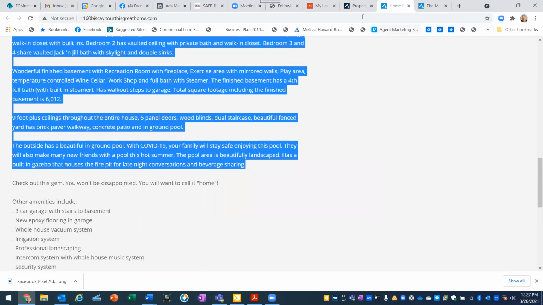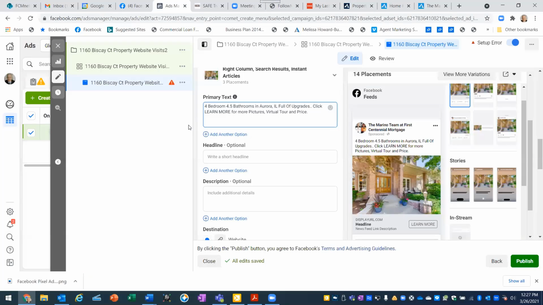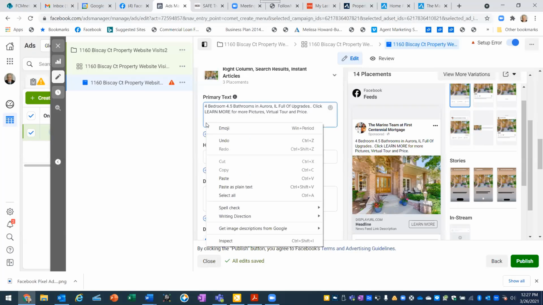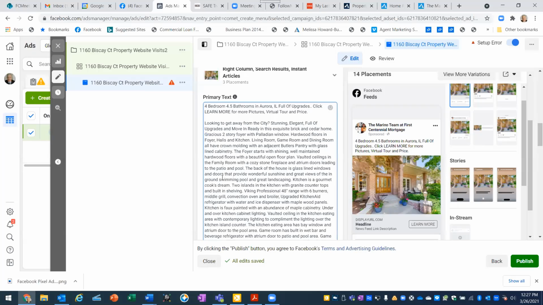Copy as much of the description as you like. Let's go back to our Facebook ad, and let's paste. And we should then see the see more button. If they want to learn more about it, great. But in case they're impatient,